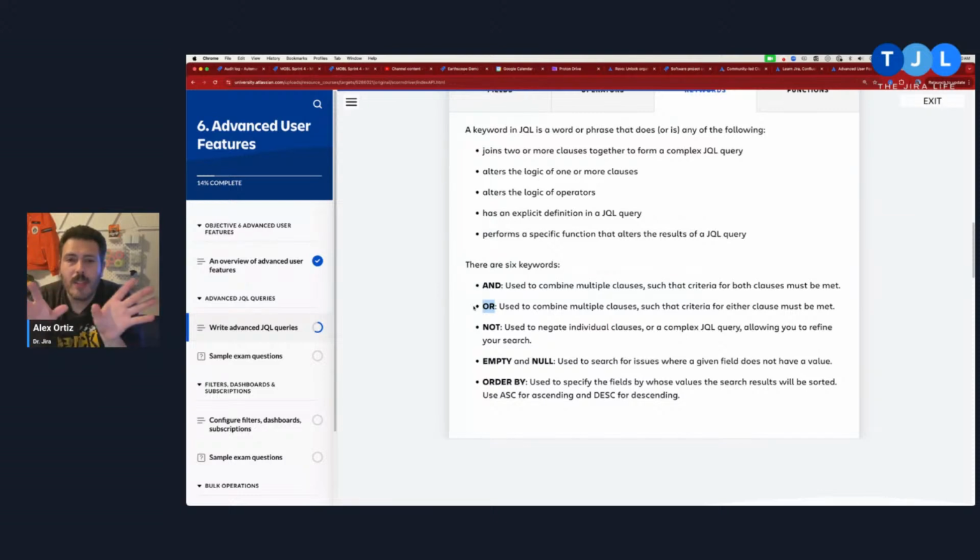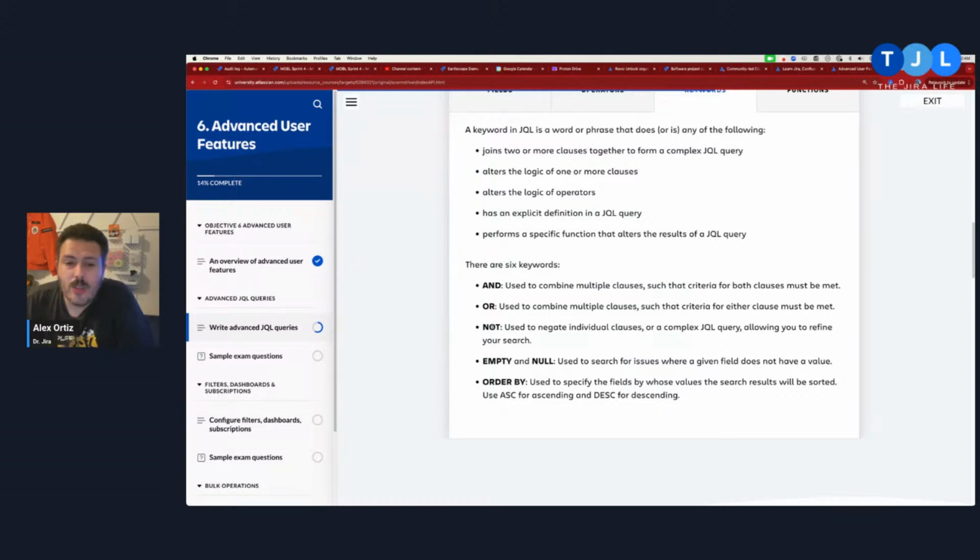The or, however, is where a lot of people get into a lot of trouble. This is usually the biggest problem that I see: in your board filter, you'll put an or statement in there. And so now your board is going to say, hey, show me everything that's in this project, or label equals this. And so now you're going to bring every issue from anywhere in Jira that has a specific label, and now you lose the ability to start and stop your sprints. So be very careful with your ors, because only one side of the equation needs to be true, and it can open up some unintended results and behaviors for you. Be careful with that or.